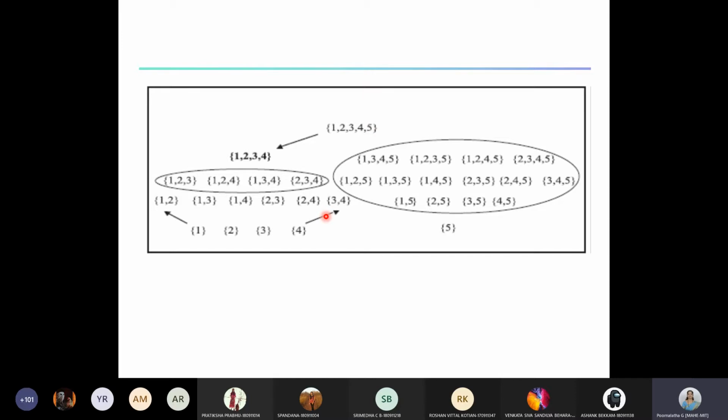Then the next step, we generate the 3 item sets from the bottom up. At the same time, in the second step we come to know that this one is frequent. Because this one is frequent, we avoid it in our bottom up approach. We are stopping here. And because 5 is infrequent, whatever subsets we generated in the second step all contain 5. Through the bottom up search in the first step, we have the information that 5 is infrequent.